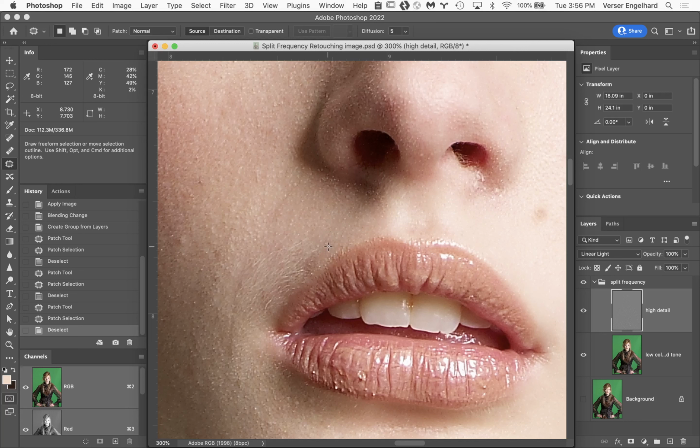If you're doing this just on a full frequency layer that's got both high and low frequencies together, I think it just tends to mush all of this stuff up. So in this method it doesn't. I'm still working on my high detail layer, and I'm still going to actually do it using